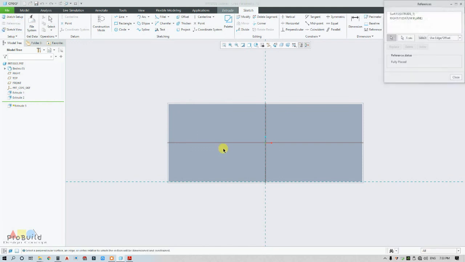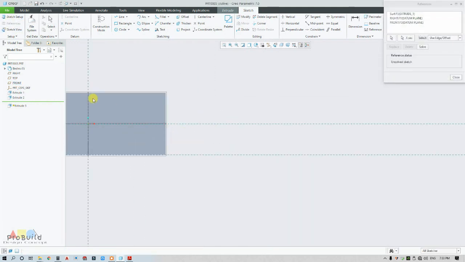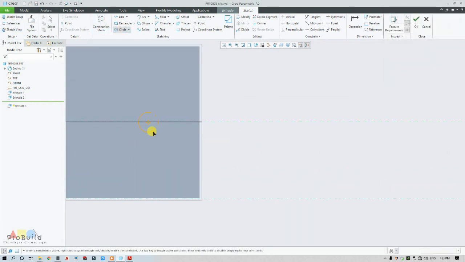So I'm going to take this plane as my reference, and I'm going to take a circle with an overall diameter of 50, and draw a line touching the reference points. Now I'm going to delete the segment.